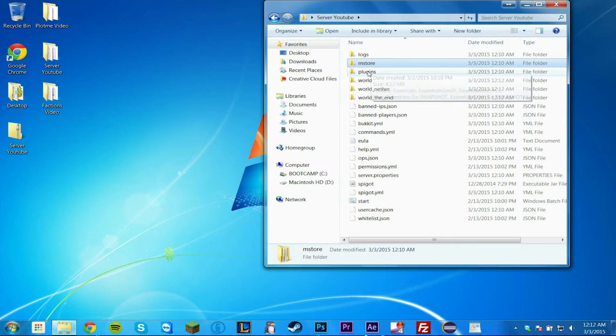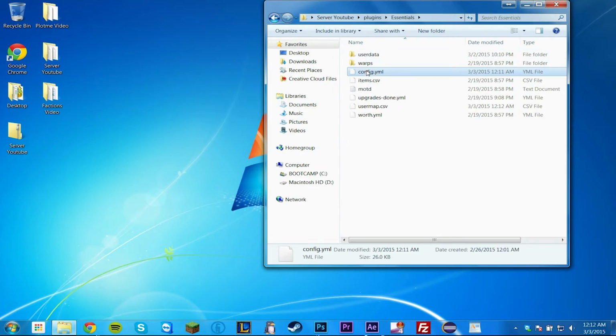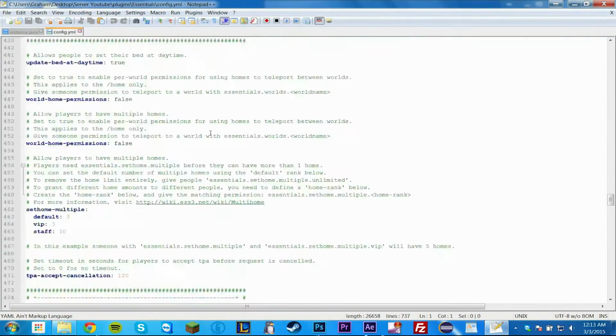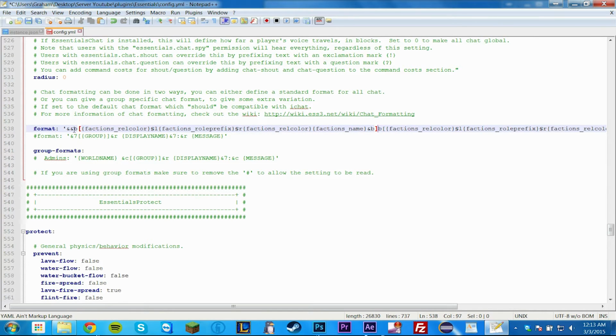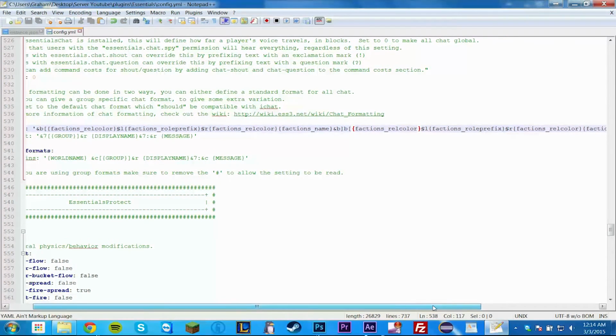I'm going to go into the server folder, plugins, Essentials, configuration. We're going to go all the way down to our Essentials chat area. And we're going to add the following line. We're going to add this. You can either put it before or after the display name. I'm going to put it before. So the same thing here, you're going to want your bracket and you're going to want the color code that you want. Only here you're going to use the and symbol instead of this symbol or the other symbol that we had before. Because the and symbol looks different in coding than it does in any sort of configuration file you'll find. So once you have that there,